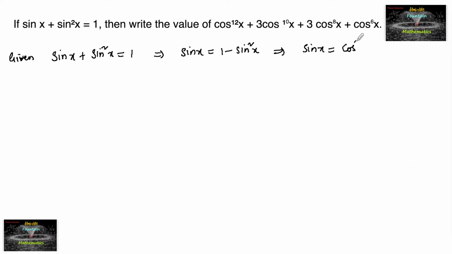If sin x plus sin square x is equal to 1 is given, then write the value of cos^12 x plus 3 cos^10 x plus 3 cos^8 x plus cos^6 x. Since sin x plus sin square x is equal to 1, which implies sin x is equal to 1 minus sin square x, so that is sin x is equal to cos square x, since we know that sin square x plus cos square x is equal to 1. And now consider